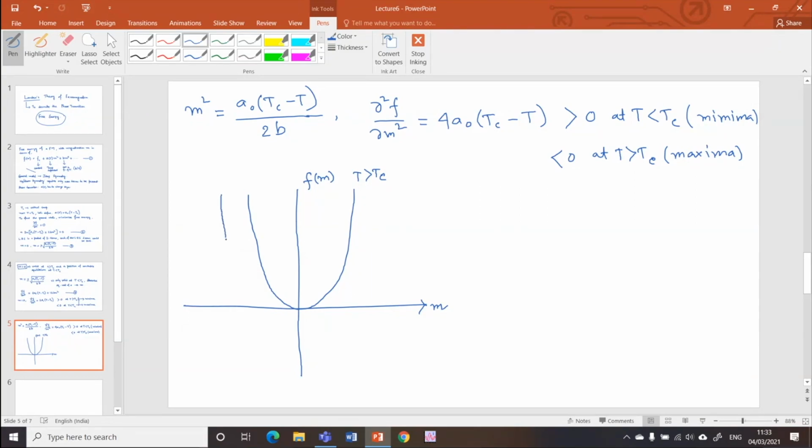Now let's say my temperature is lower than Tc. Sorry, this is actually T equals Tc. Now if my temperature is lower than this, then what I will have is that